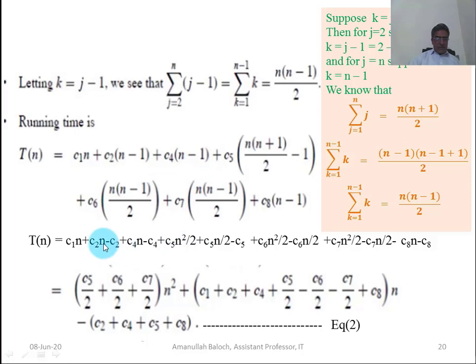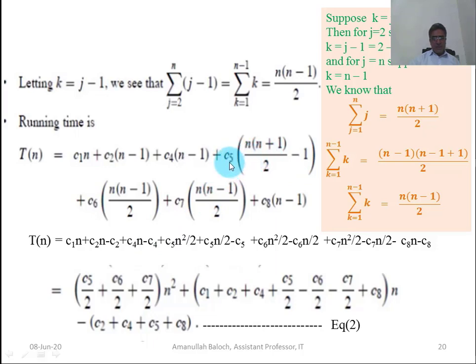This statement is converted into this form. You can solve it: c1 n, c2 n minus c2 will multiply into 1. It will become c2 n minus c2, and plus c4 will multiply into n, and then will multiply into 1. It will become c4 n minus c4, and similarly these statements